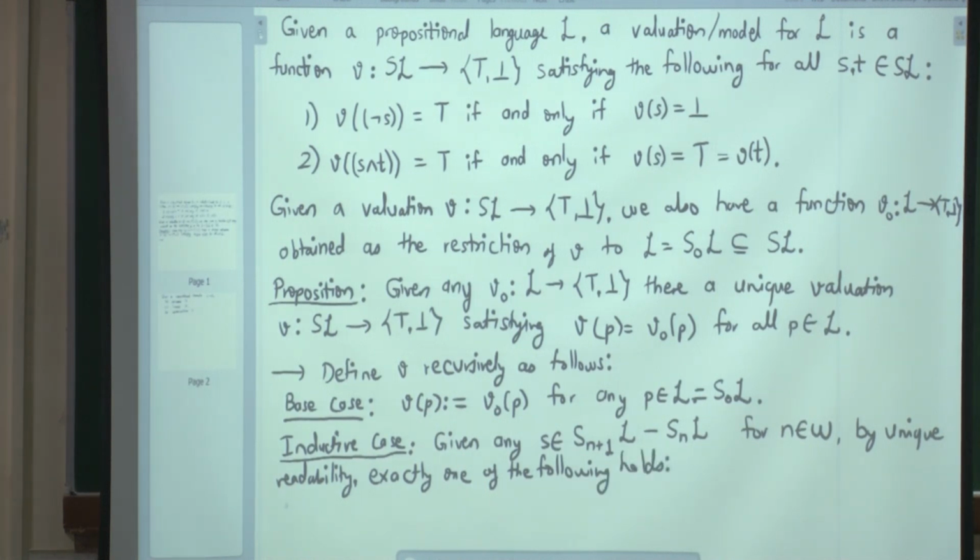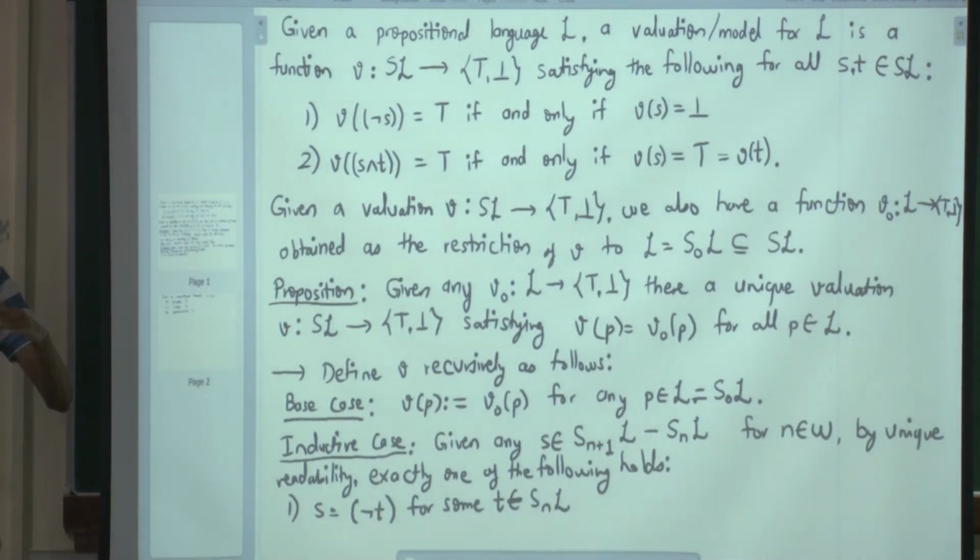The first one is that S is equal to negation T for some T in S_nL. Yes, this T has to come from the lower portion. And S_nL is actually the union of S_0, S_1, S_2 up to S_n, everything cumulative. So S is equal to negation T, and in this case, define